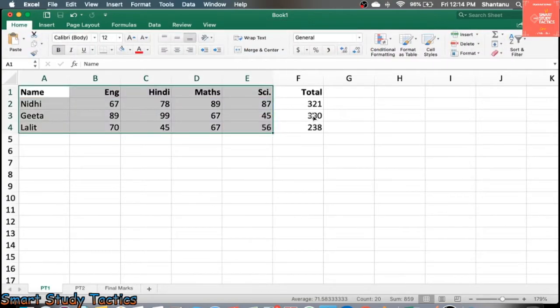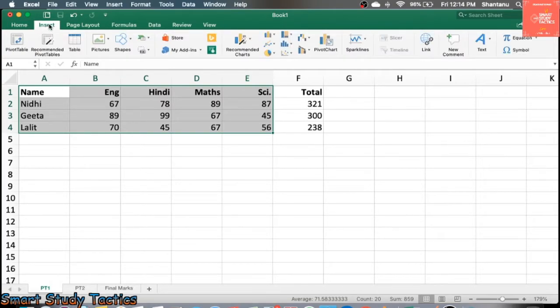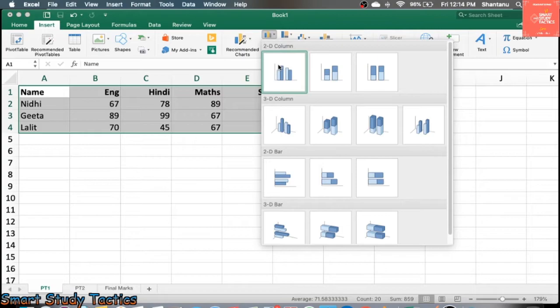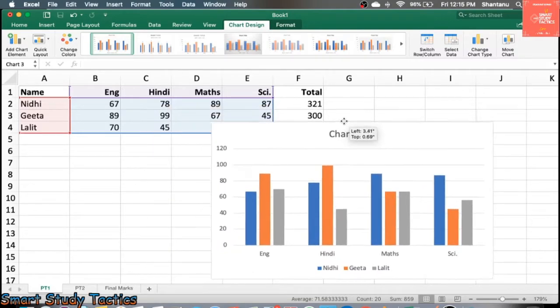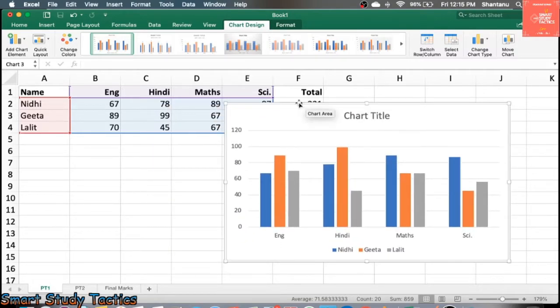Now the long way, if you want to learn it, you have to click on the Insert tab. After clicking on the Insert tab, you have a category here. Different charts are available here. You can click on the column chart and select any one of the chart categories. So I am selecting this column chart. This is a similar chart to the one you inserted just now. So this is the long process or the shortcut process you have. You can have some different categories also.